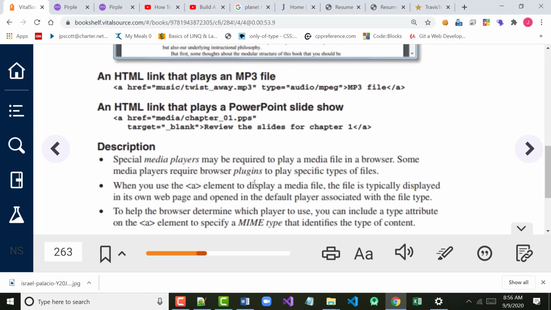Okay. Now, the other ones that are in there, there's a link to an MP3 file. That literally is going to be a hyperlink. And when you click on it, it's literally going to open up that MP3 file. All right. And here's one that goes to a PowerPoint show. Again, when you do that kind of stuff, if you're ever going to anything external,